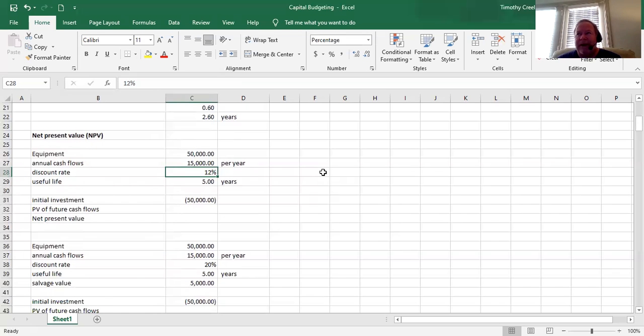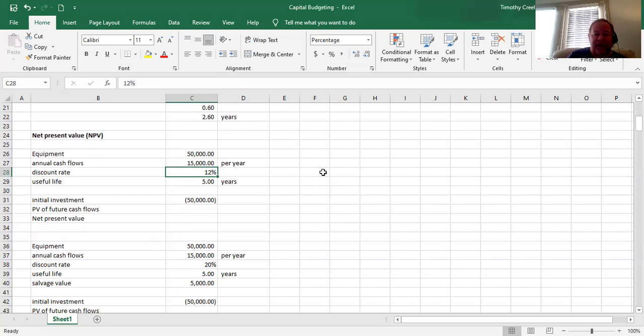What a discount rate is: every company has to determine their own discount rate. A discount rate is really, for lack of better words, the minimum required rate of return on an investment that a company is willing to accept. So for one company, 10% might be great. Another 12%, like in this example, another 15, another 20, another 6. Every company has to come up with what's kind of our required rate of return.